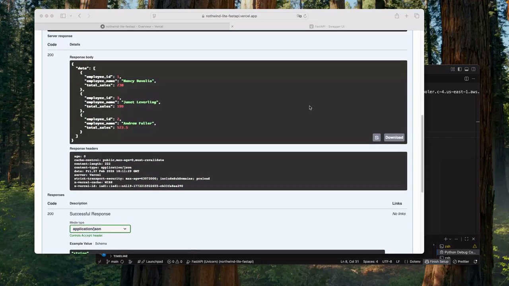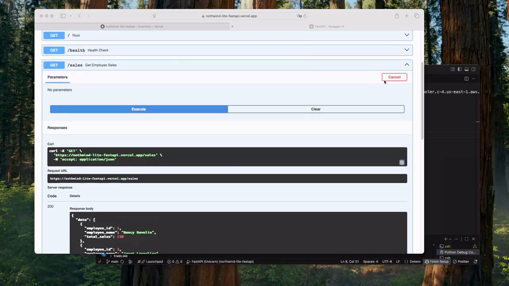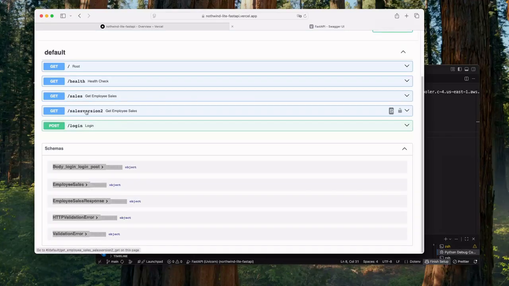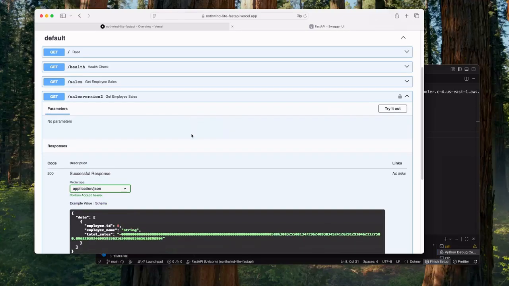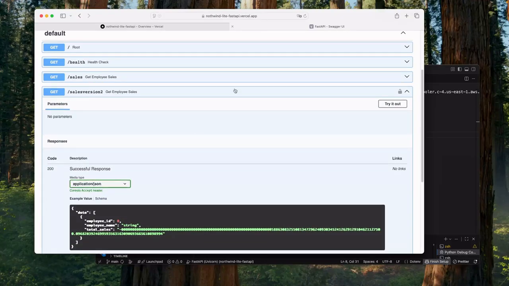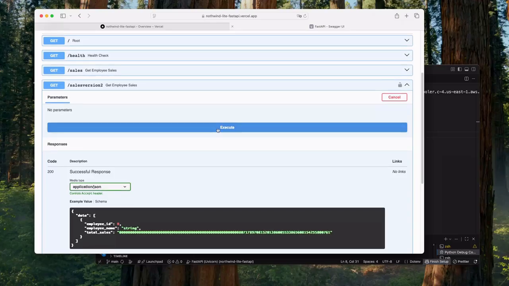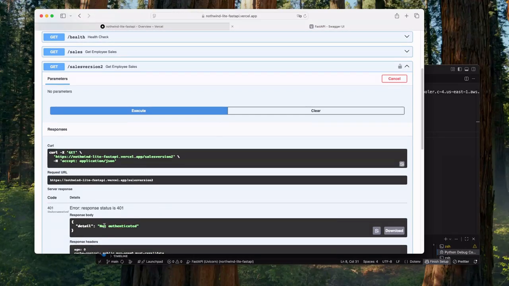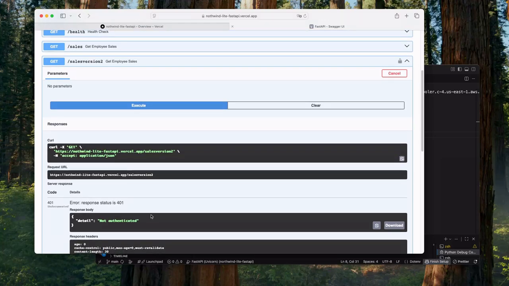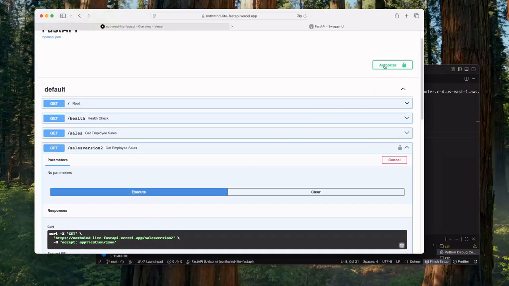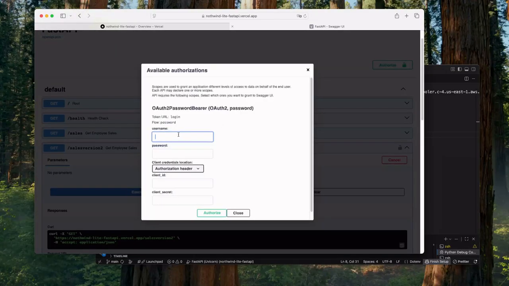You can also test our JWT by going to our sales version 2 of the sales data. And if we try to access it, again, not localhost, we should get a 401 error, not authenticated, which is expected. But if we want to authorize the user to use that endpoint, we can use Swagger's authorize form here